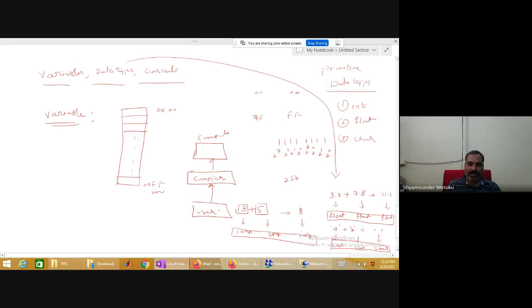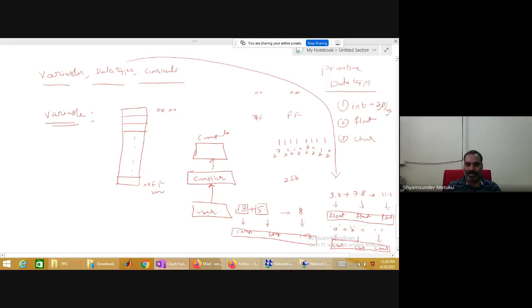Now the thing is, the moment you tell the compiler, I'm trying to perform 3 plus 5, where 3 belongs to integer, 5 belongs to integer, and the result I would also like to store in some other location, which also belongs to integer, the compiler will always remember that for every data type there is a fixed memory decided by the compiler. For the integer, the number of bytes is 2 bytes or 4 bytes, depending on the compiler. There are some compilers like Turbo C which take 2 bytes, and Dev C++ which takes 4 bytes. Not to get confused on this.